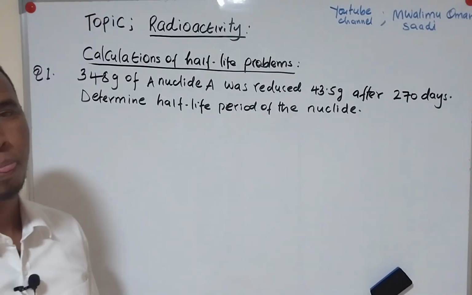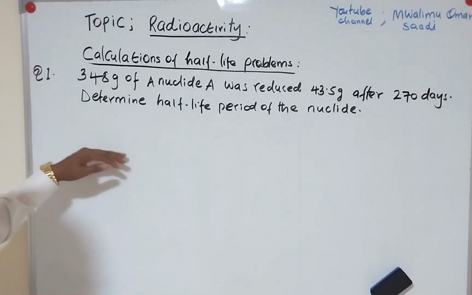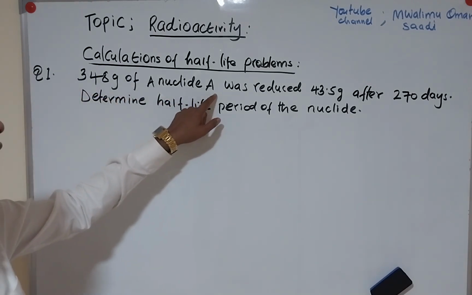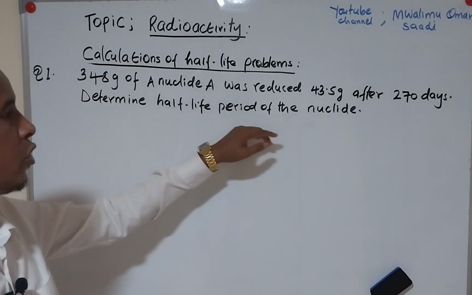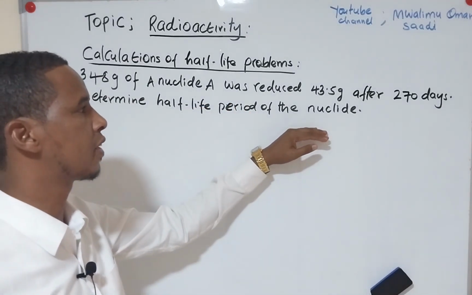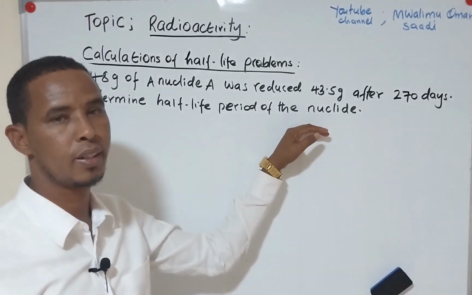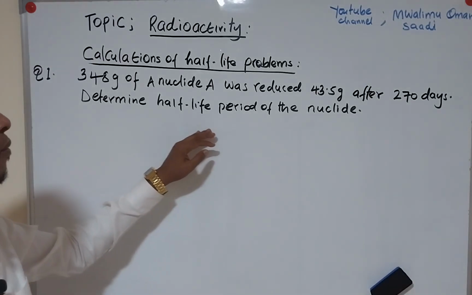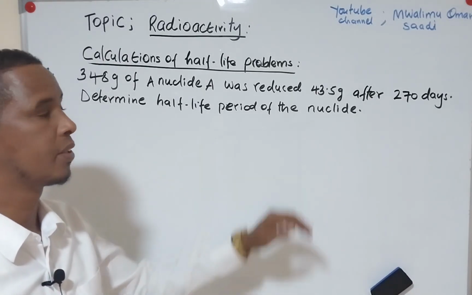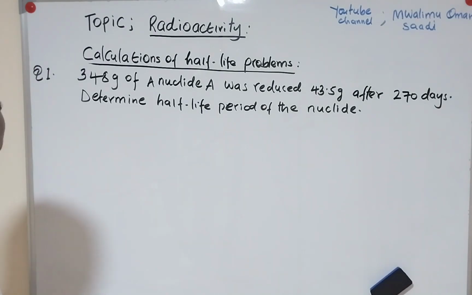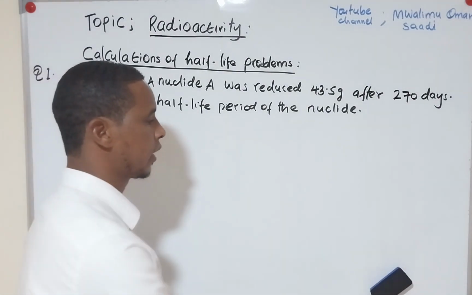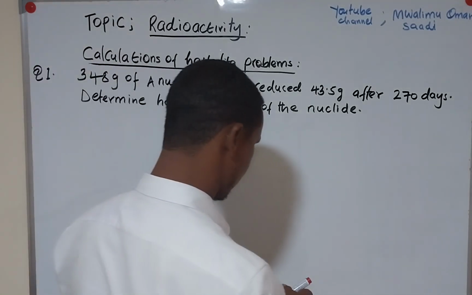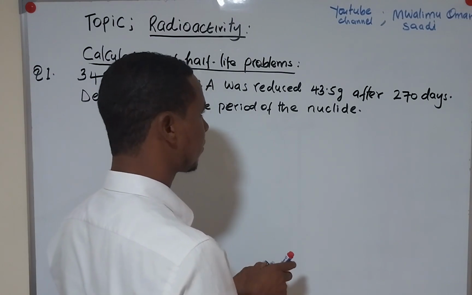Half-life problems. And this is our first question. 348 grams of nucleide A was reduced to 43.5 grams after 270 days. Determine the half-life period of the nucleide. Okay, there's a simple equation that is used to calculate half-life problems, and that is